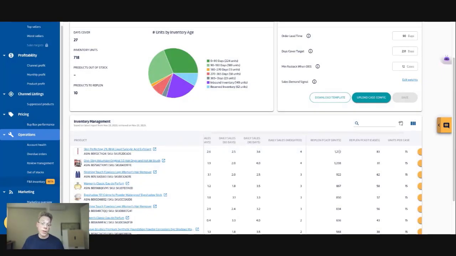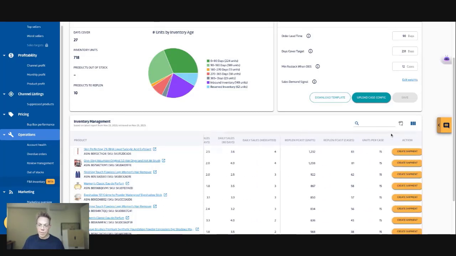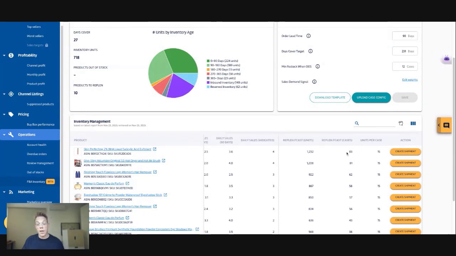We determine that for you in terms of units, but also in terms of cases. We appreciate that many of you and your clients do not think about units when you're shipping things to another warehouse, but you're thinking about cases, or in some instances even pallets. So what we allow you to do is maintain a configuration that says how many units per case apply for a particular SKU, and then we convert that to cases. So 1,200 units in this instance converts to 83 cases. And of course, it's important to note that we round up. Okay, we don't want to miss units, so we always round up to the nearest case in that particular instance.